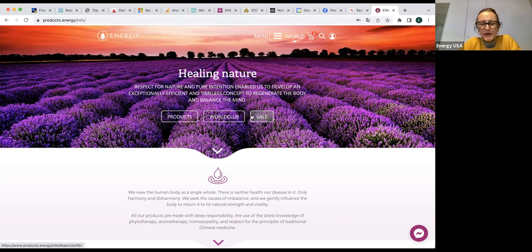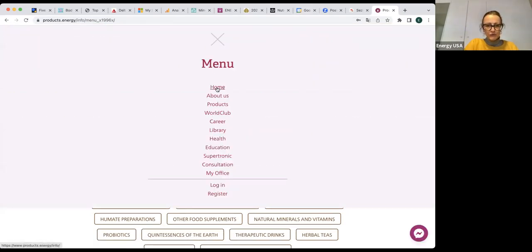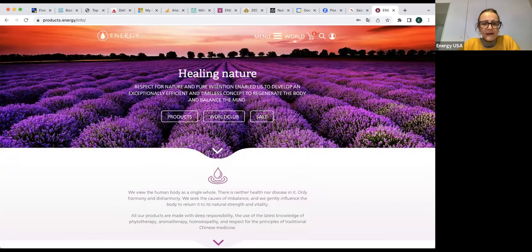This is the main page of products.energy. This is the page for World Club. In the navigator here, you can change to different countries. So you see the United States has a different web page, but once we go back to the world, that means World Club, this is what is of our interest. So once we get to home,